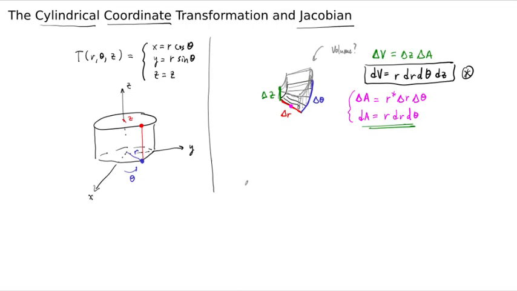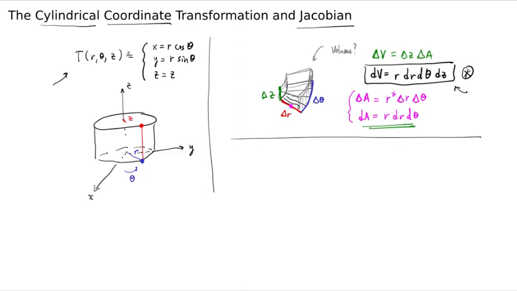All right, but we have already studied the Jacobians of transformations in this class, so we should be able to check this and hopefully get the same formula by computing the Jacobian of this transformation here. So let's do it. I think I can fit this all on this page here. Remember that the volume of a small rectangular prism, our dV in rectangular coordinates, is just the product dx dy dz. And so we need to compute the Jacobian of this transformation to see how the volume changes when